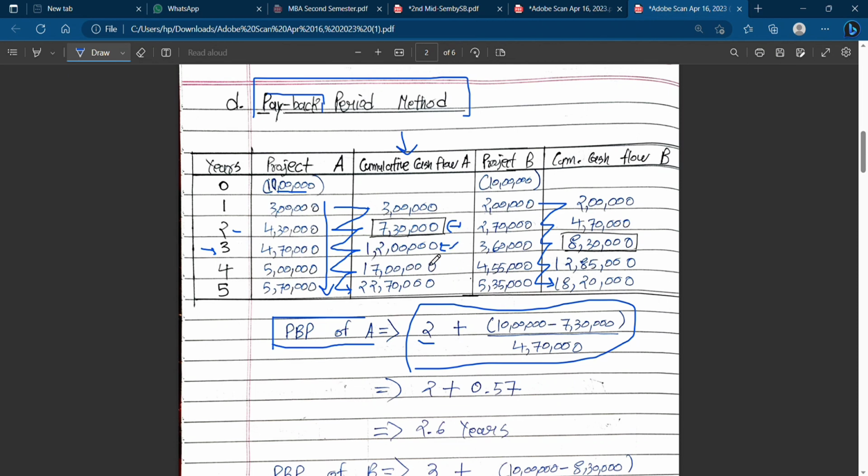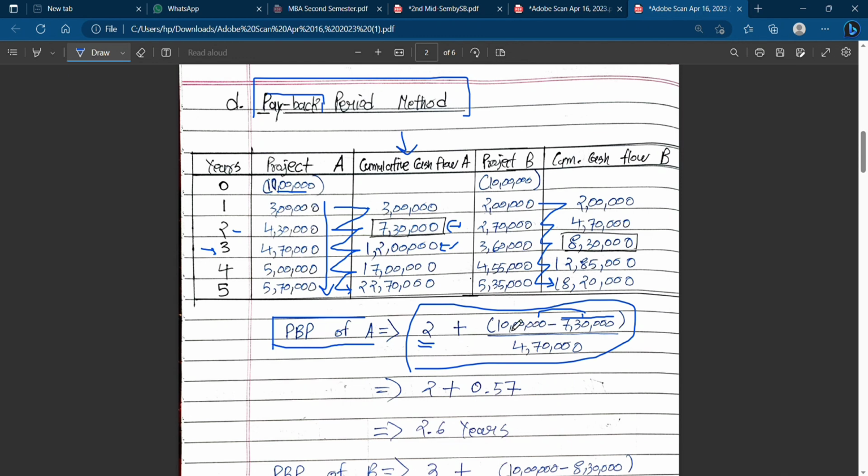But the cumulative amount in the third year is greater than 10 lakh, so we will take the second year. We will put this in our formula. Our years means 2 years in which we receive the amount, plus the remaining amount. The upper column will calculate the remaining amount. The total investment was 10 lakh, and in 2 years we have received 7 lakh 30,000. If we subtract this, we will get the remaining amount